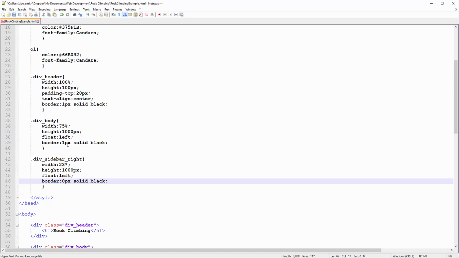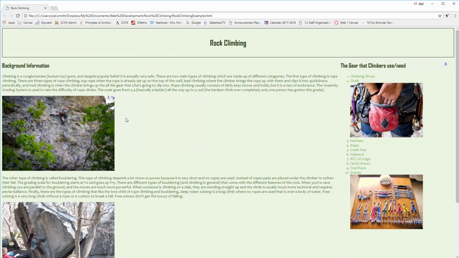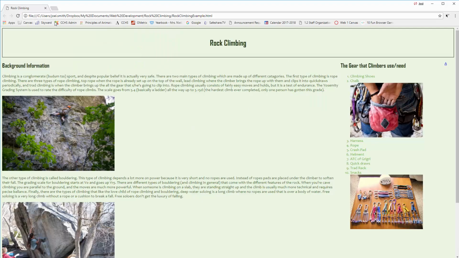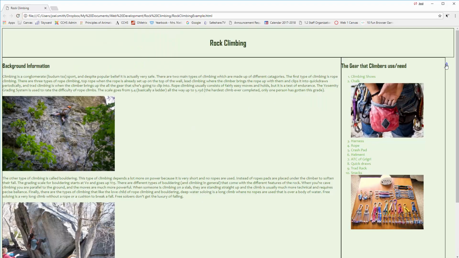I'm just going to put a 0 here and a 0 there on both the body and the sidebar. And now, if I didn't know where the div was, I would assume this was probably in the div, and I would have no idea why it's in the div, because in the code it's outside of it. But it's a little better with the borders to tell what's going on. So I'm going to put that border back. I realize that it's outside of the divider,